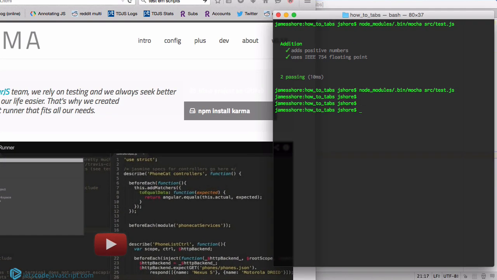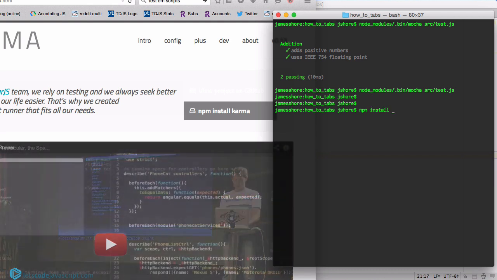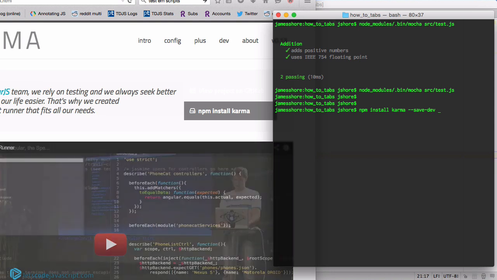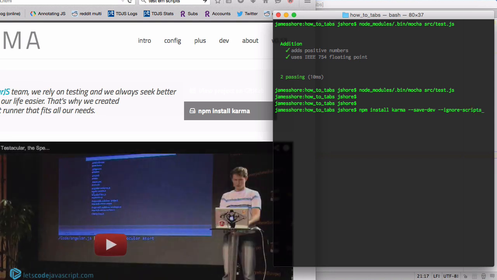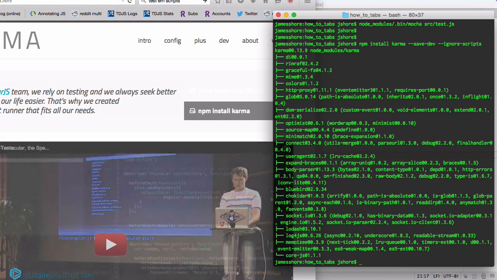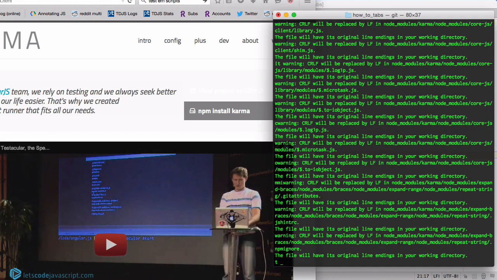To do that, what we need to do is install it with npm as usual. That's going to be npm install Karma. We will save that to our package.json and we'll ignore scripts as always. That takes a while to complete because there is a lot in there. Once it's done, we'll check it in. So we'll add that and then